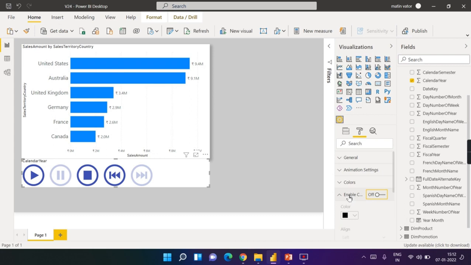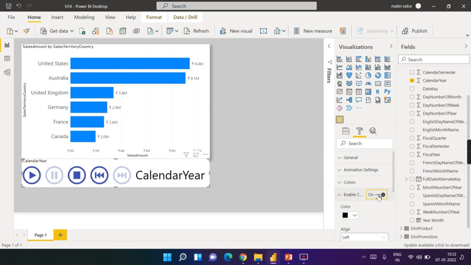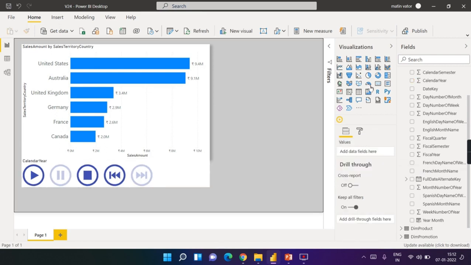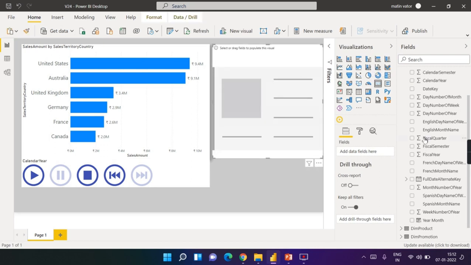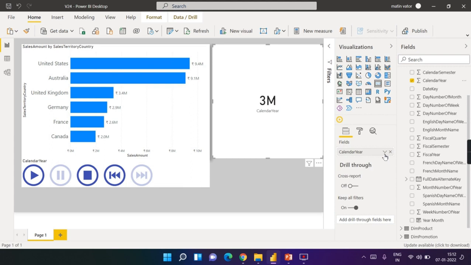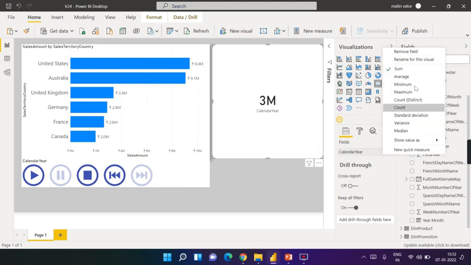And you have the enable caption option, whether you want to enable the data to be shown here or not. That option you have. If you don't want to show it, you can add a data label here, and choose calendar year over here. Instead of sum, you say do not summarize, or you need to create a column in such a way that it will not summarize.